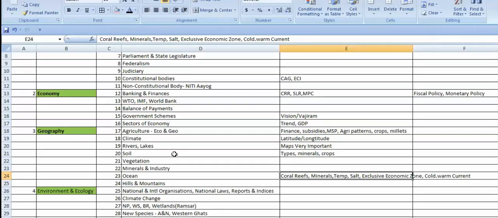Fine. Next one, the exclusive economic zones. The major trade routes in the ocean, the Arctic route, the Pacific route. The Pacific rim. All these things. The cold current, the warm current, where it is flowing, and that day she also took the ocean currents, El Nino, and how it forms, how the precipitation, it all happens. So this you have to follow.